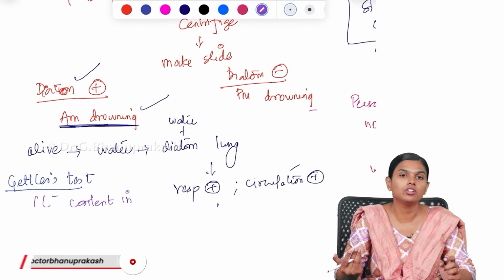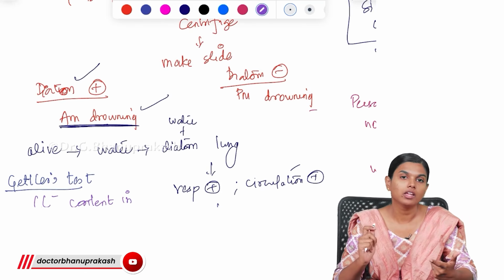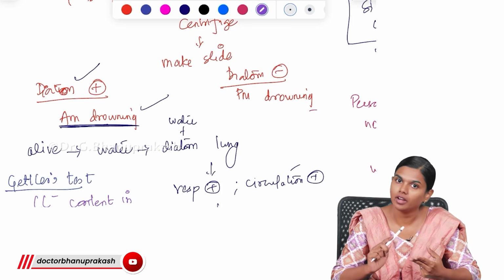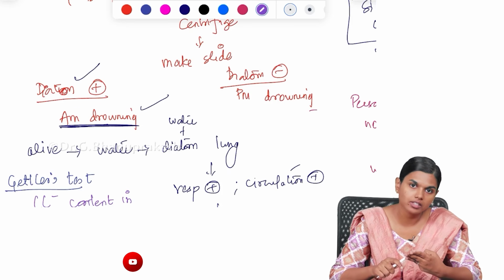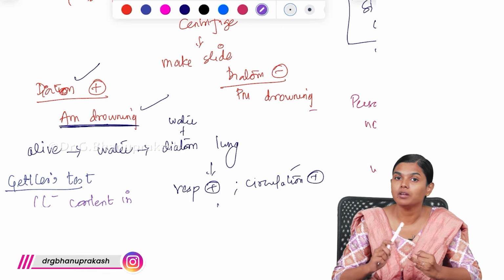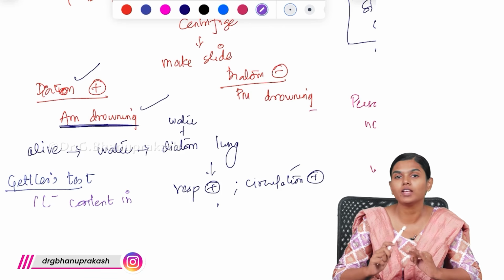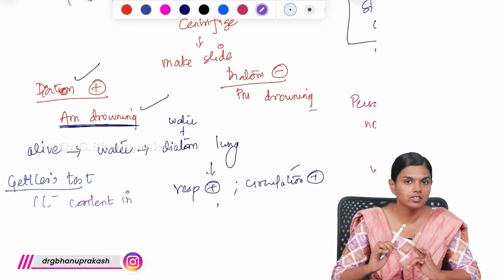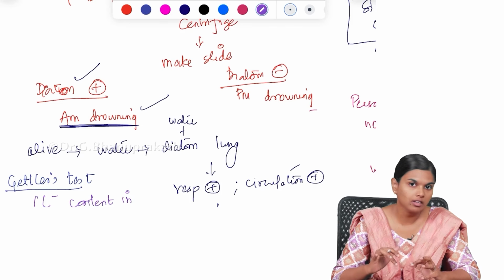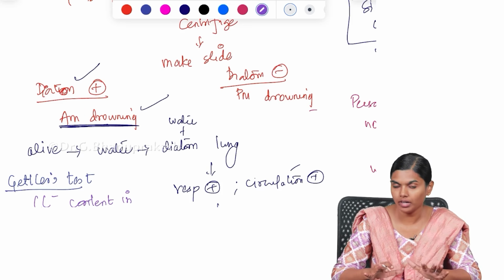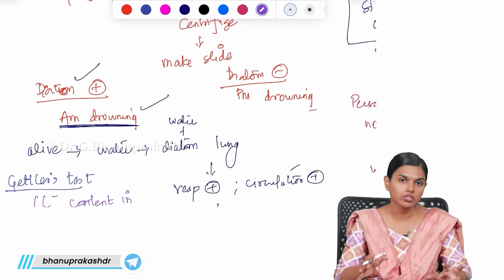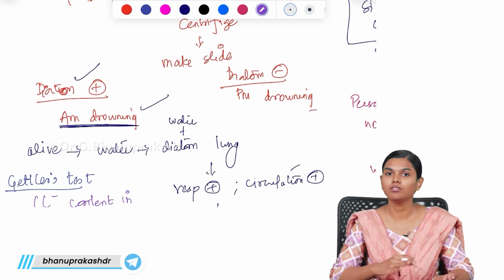Apart from that, you can also differentiate these two by presence of what? If it is hemodilution, it is freshwater. If there is hyperkalemia, it is freshwater. If arrhythmia is the reason of death, then it is freshwater. If there is hemoconcentration and pulmonary edema, it is seawater drowning. If there is hypernatremia, it is seawater drowning. And in Gettler's test, chloride ion content will be increased in the left heart in case of seawater drowning, reduced in the left heart in case of freshwater drowning. So this is how you usually differentiate seawater drowning and freshwater drowning.